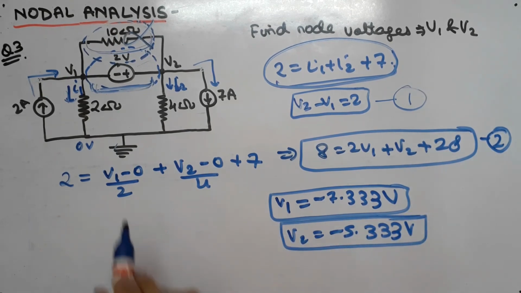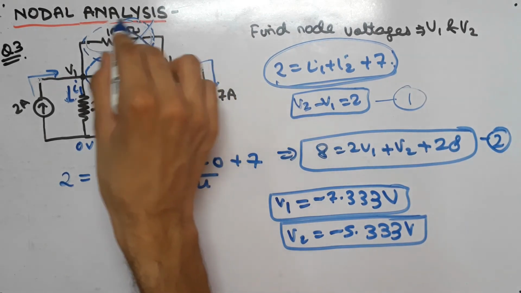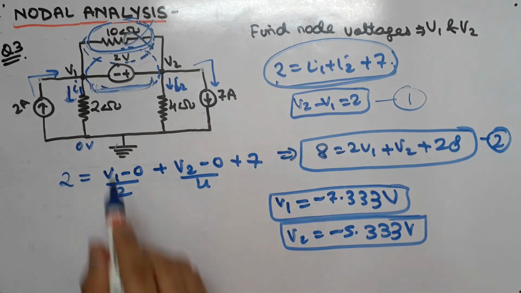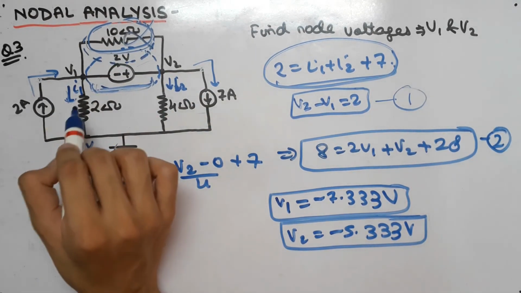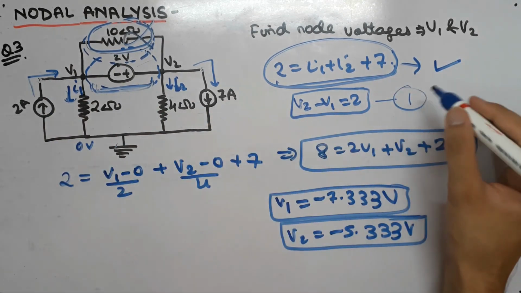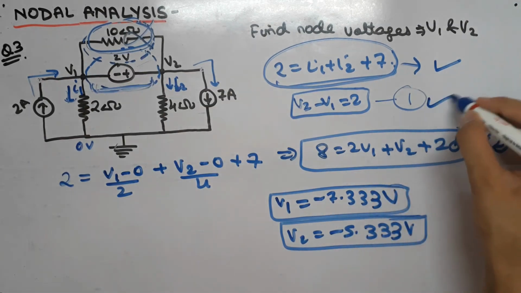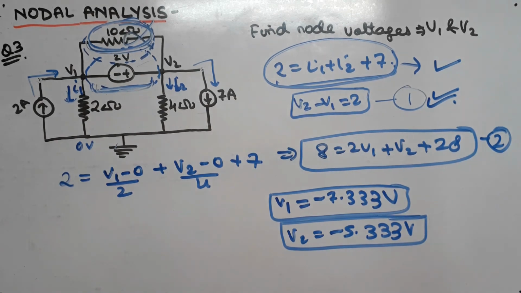Now guys, keep the concepts of super node in your mind as it is a very important concept, and you should remember that you do not have to put any current in these two branches. And the first step should be to write the current in all the other branches and write the KCL equation, and then you should write the KVL equation using the super node, that is this equation. And you can remove the 10 ohm resistor as it is connected directly across the super node. So I hope guys that the node analysis concept must have become very clear to you, and now you would be able to do all the questions related to it.